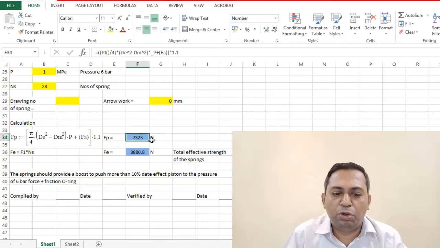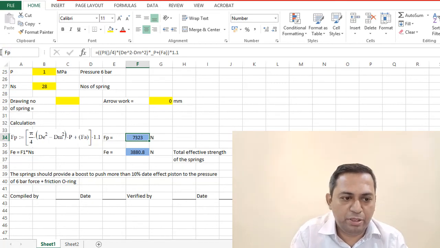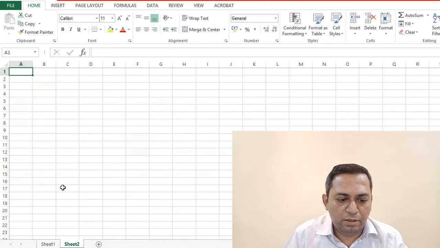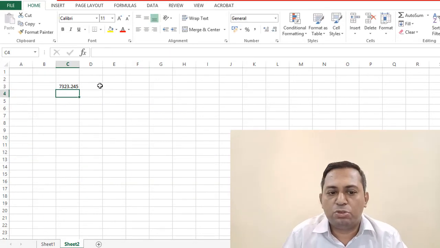And suppose you want this value somewhere else, FP is to be used somewhere else, for example. So I'll just name this as FP, and I will use it, say for example here where I want an FP. So in a very simple way you can use this. It's a good technique. Use it, and let me know how you feel as compared to normal working.